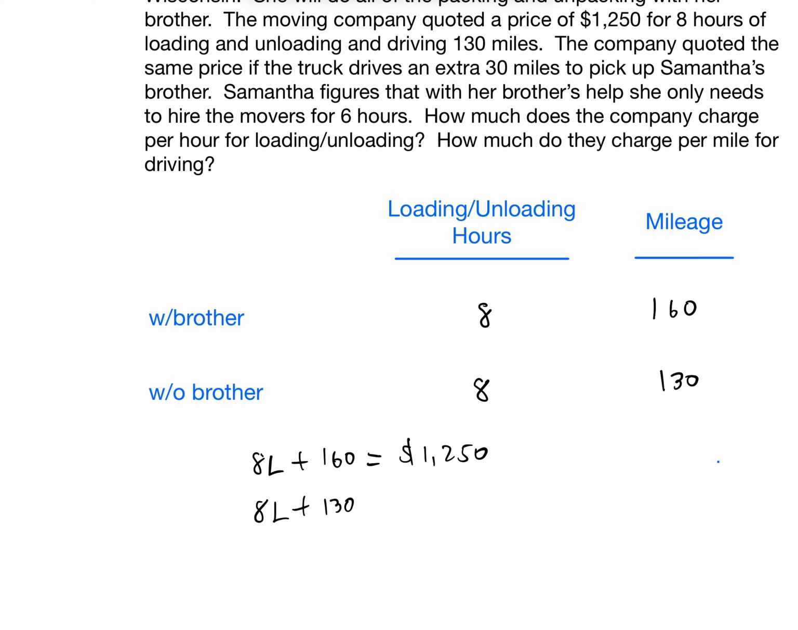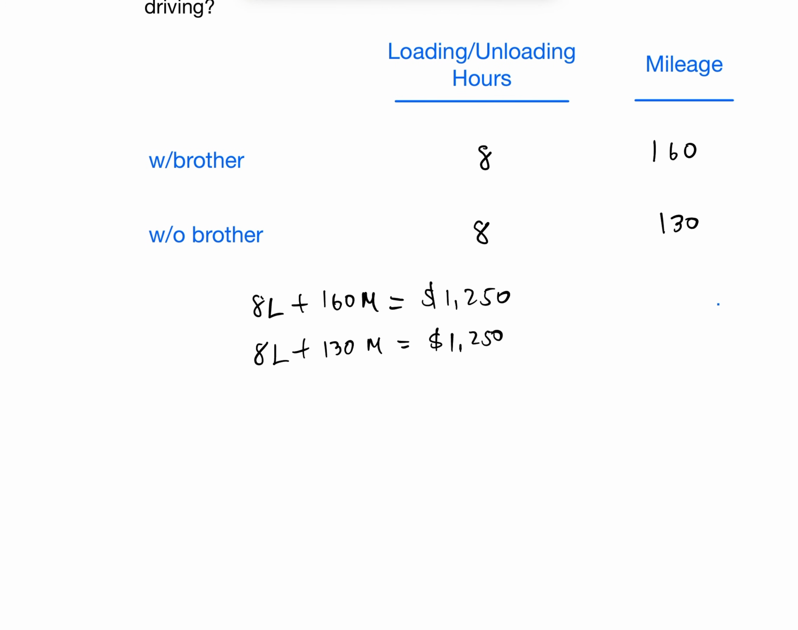Oh, I forgot. My apologies. I forgot to create the second variable, which is M for miles. And that's going to equal 1,250. This makes solving this system of equations fairly easy because we can subtract automatically. And when we do, this works out to 30M is equal to 1,250. And then if we divide both sides by 30,